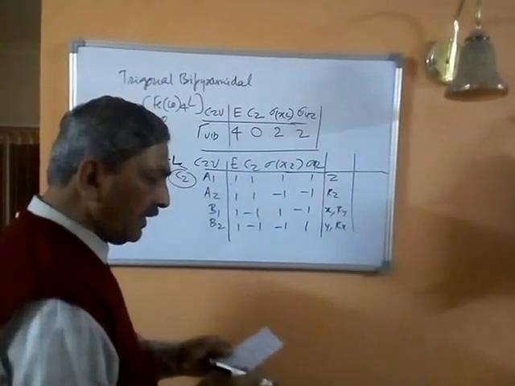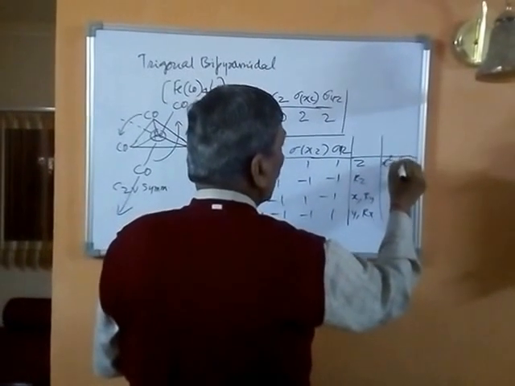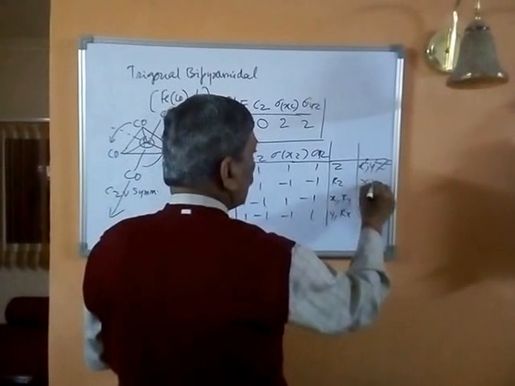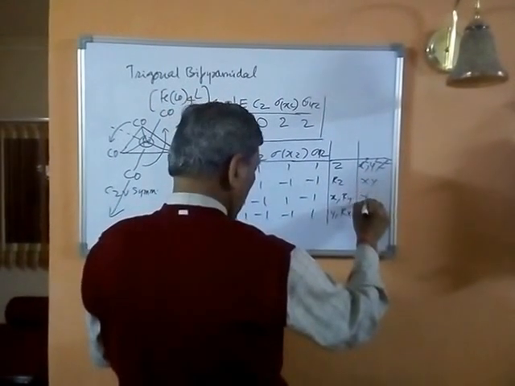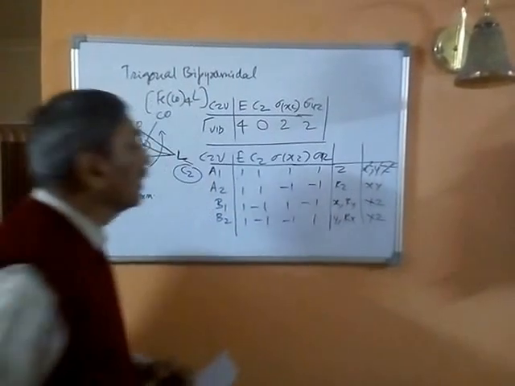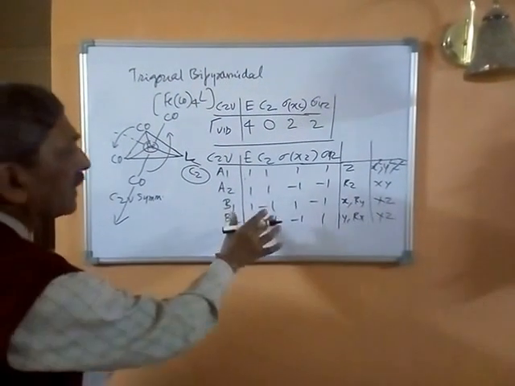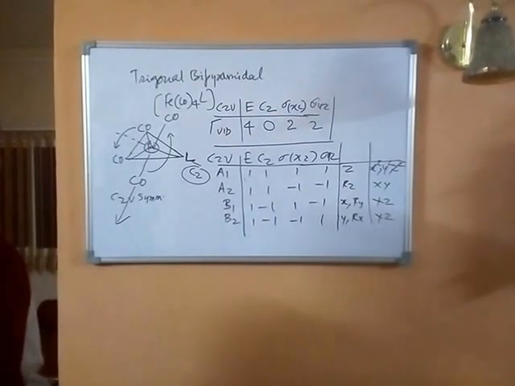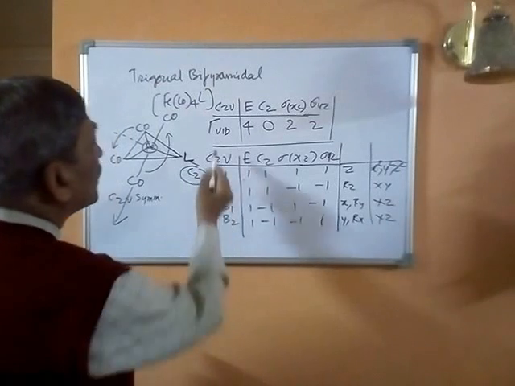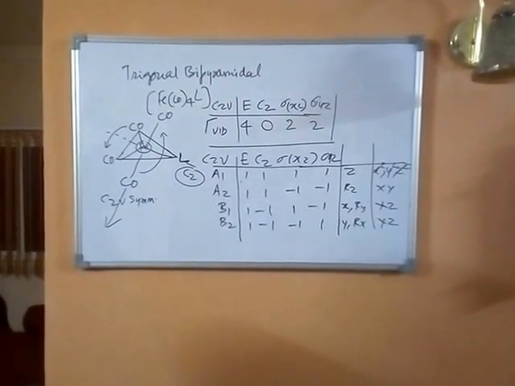If you look at the squares, then this transforms as X squared, Y squared and Z squared. This transforms as XY, this transforms as XZ, and this transforms as YZ. Now, if you look at the character table, which I have said will be provided to you in the appendix of the question paper, you can now see that this tau vibrational can be easily broken down into a sum